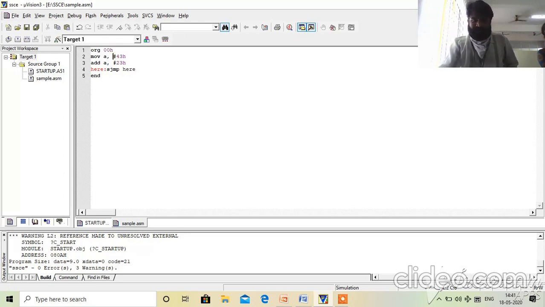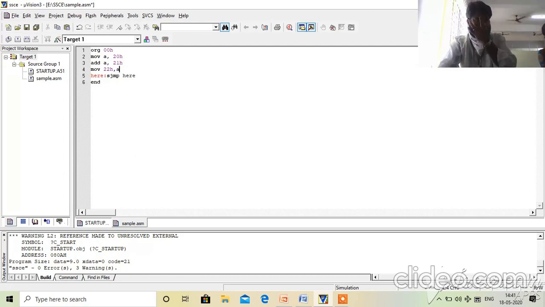So first get the data from 20H into the A register and add with the content of 21H. Then store the result with move 22H comma A. It's simple.